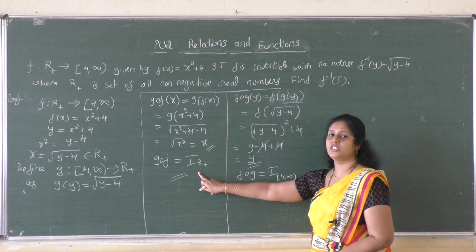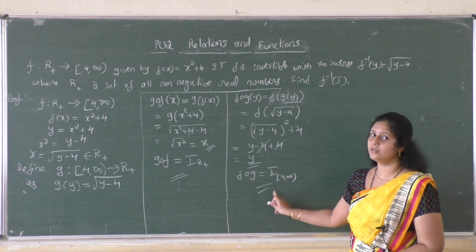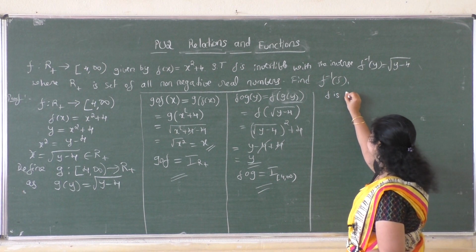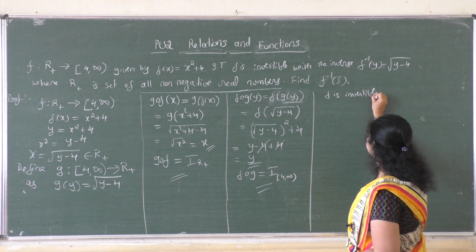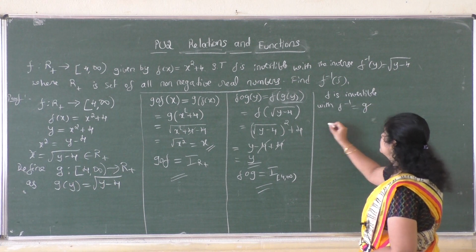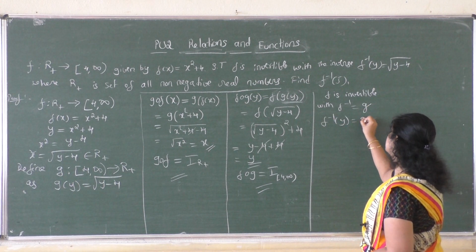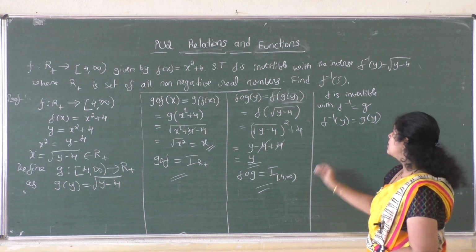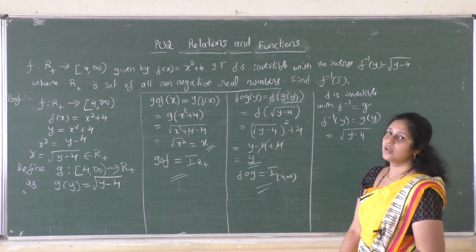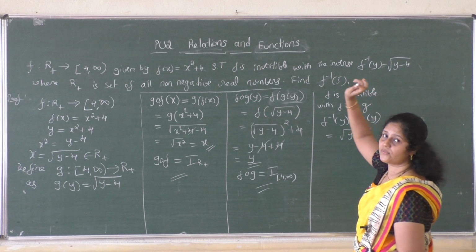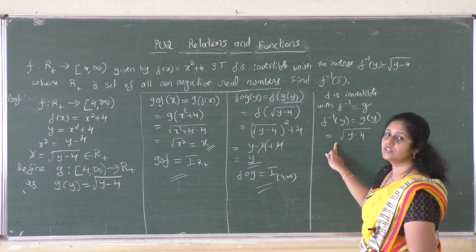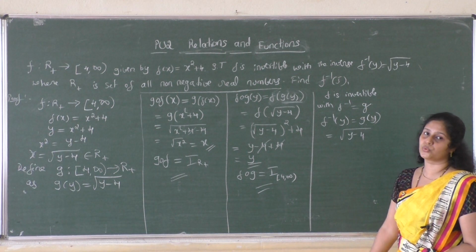So thus g of f is identity function, f of g is identity function, means f is invertible, with f inverse equal to g. So what is f inverse of y then? g of y. Therefore, what is g of y? Root y minus 4. Okay, that is the first question. Show that f is invertible, and f inverse of y is root y minus 4. Thus we can write f inverse of y is root y minus 4.